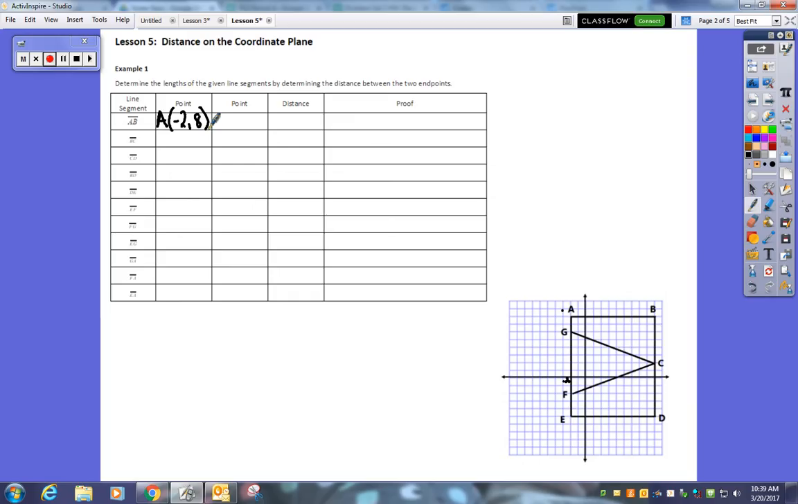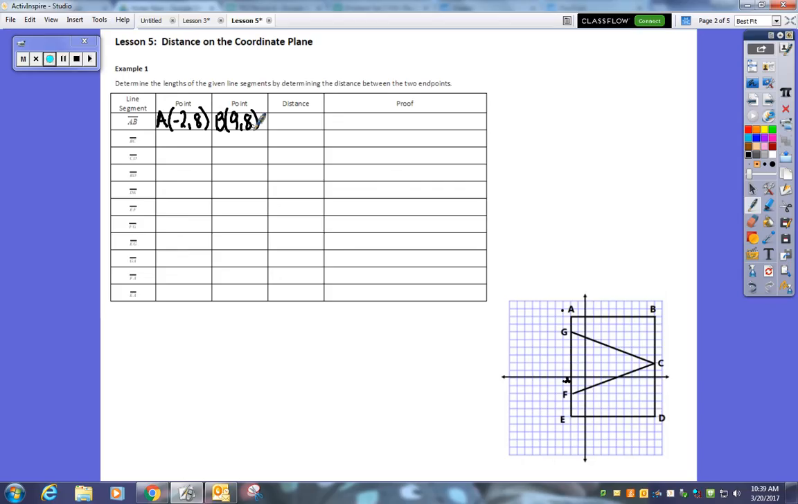For point B, starting at the origin, we count to the right, which means it's going to be positive. 1, 2, 3, 4, 5, 6, 7, 8, 9. And then we'll count up to B, which is at the same place as A, so we know it's 8. So point B is 9, 8. Now to find the distance between these 2 points, we want to find the number that they